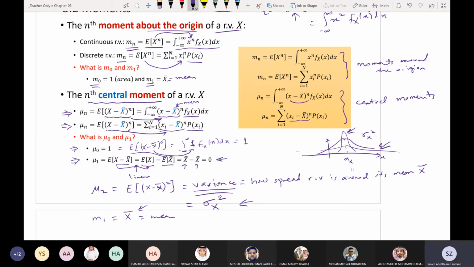Is it widely spread? When you take an exam, the most important things you ask about are the average and the standard deviation, right? The standard deviation is the square root of this. From here, we get the standard deviation. Standard deviation is the square root of the variance, which is sigma x.